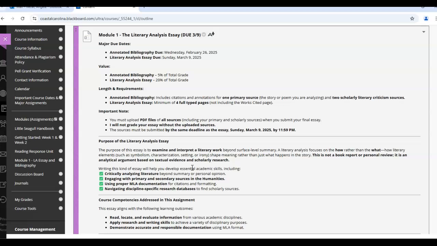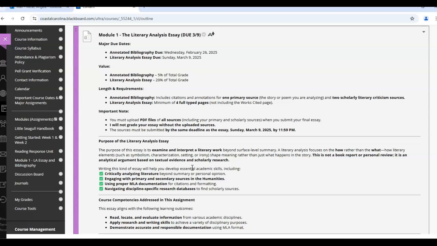So what you're going to do is take your selection. I don't care which one you want to write about, but it has to be one of those. And you're going to write about the theme of that story. By now, you should have already discerned what you think the theme is for the poem and for 3 out of the 4 stories.